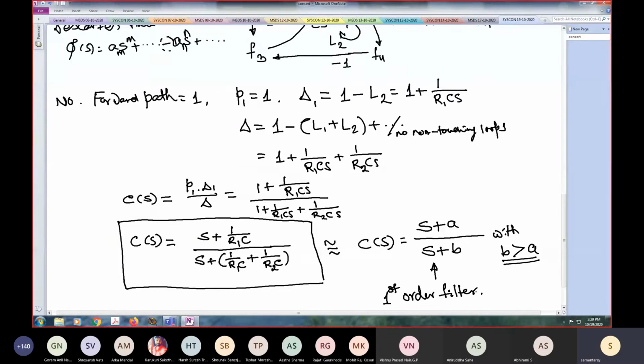So is that clear how this came? Sir, why is this a filter? Can you explain that? I'll show, don't worry. This is a first order filter, not a very sharp filter. For higher order filters, if you apply something like this, it is basically a high pass filter. I will show you. You can have much higher order filters like Butterworth, Bessel, and Chebyshev filters, where these S to the power terms will come as square, cube, fourth, and so on. But this is just a preliminary first order filter.